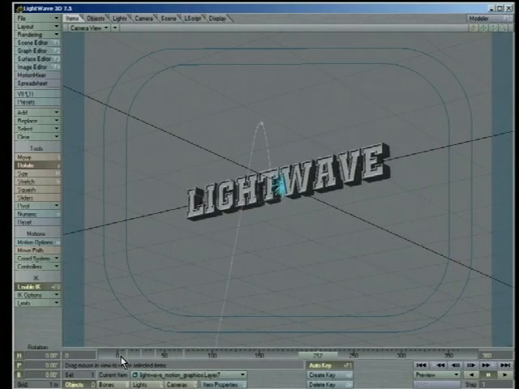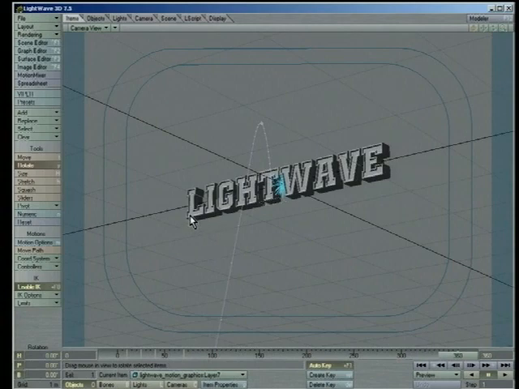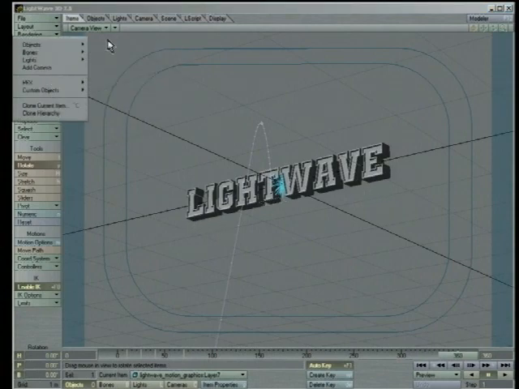So we want to have something else going on. When you're working with CG logos, a lot of times if something is just sitting still, it doesn't look very interesting. It's not doing anything. It's not alive. It just really dies. In this case, what we're going to do is we're going to take all those letters and parent them to a null. So we'll add ourselves a null right now,